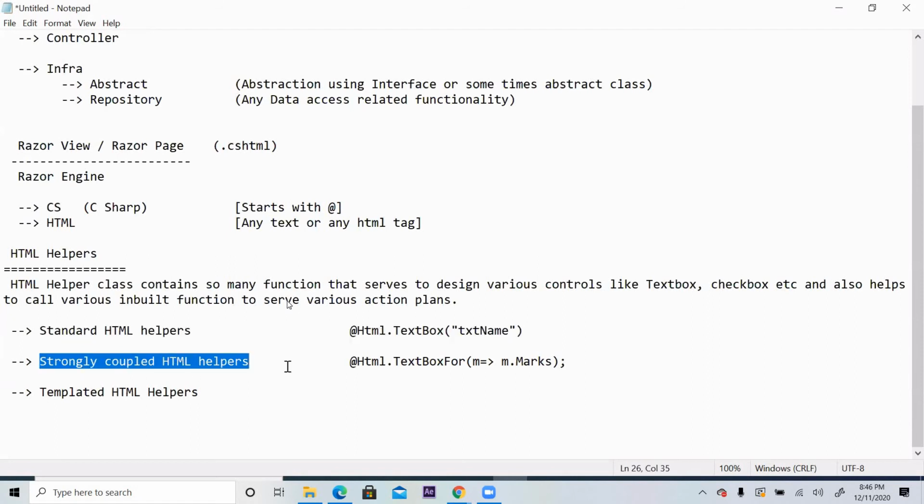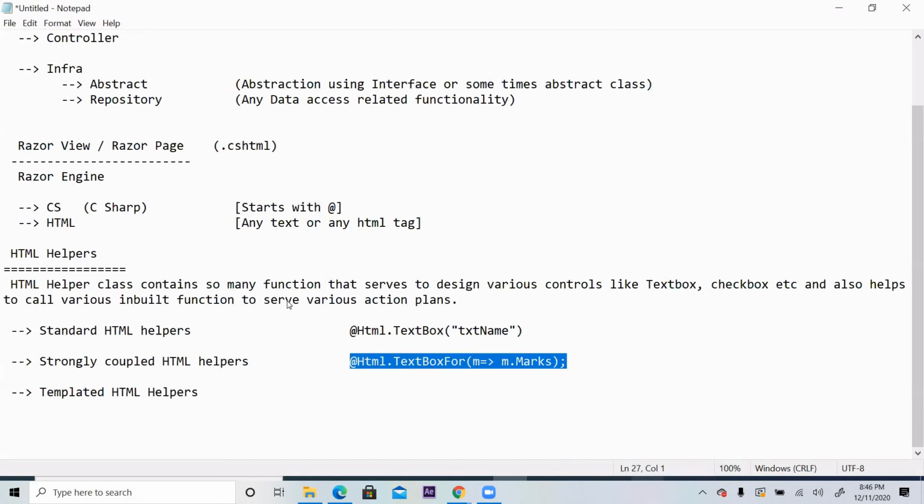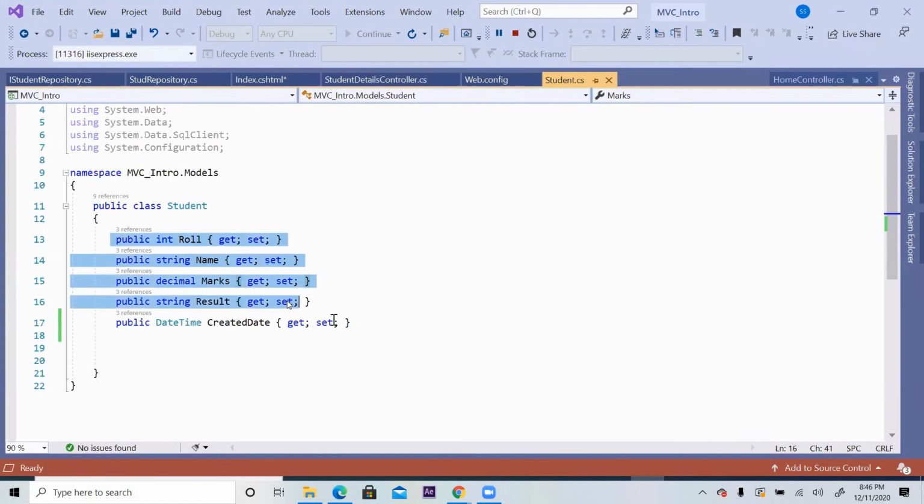But when we say strongly coupled, you are deciding yourself that I have maybe 5 text boxes here. I might be having 5 properties here. Each text box or each drop down or whatever I'm designing there on the screen is strongly related with so and so property, so that when collecting data from controller to UI, those controls will be related to this property.